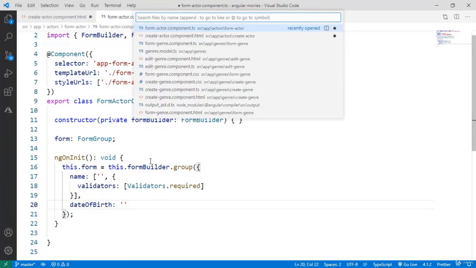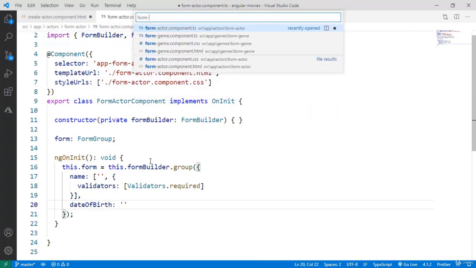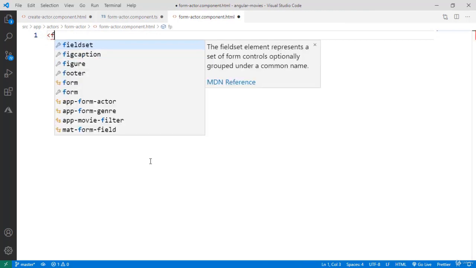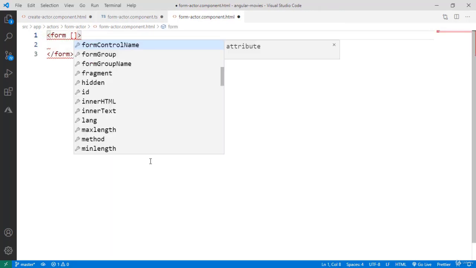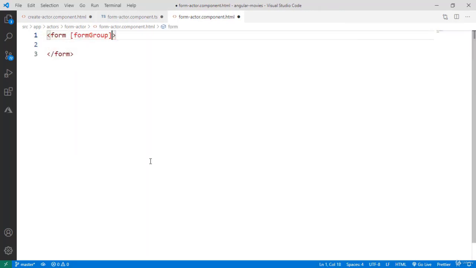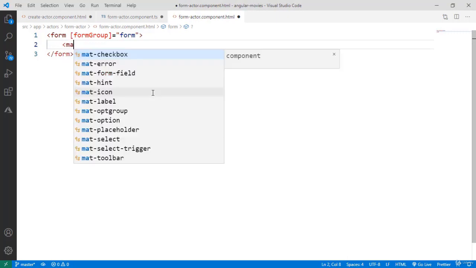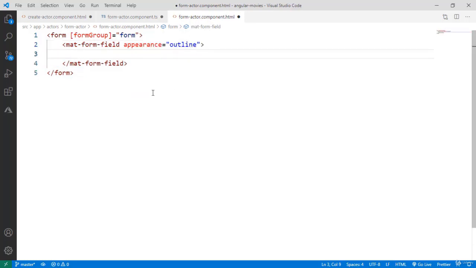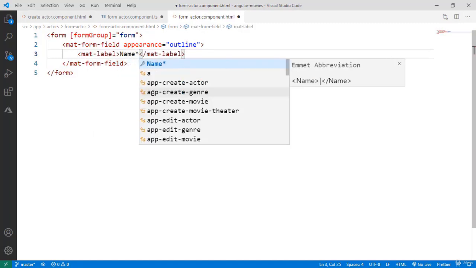Let's go to the template of our component. So let me say form-actor.html. Let me delete this, and let's say here form, and I want to say here formGroup and form here, and let's work on the controls of the form. First, we need a form for the name, so we're going to say mat-form-field. We already know how to do this, appearance outline, and in here we're going to say mat-label name asterisk,